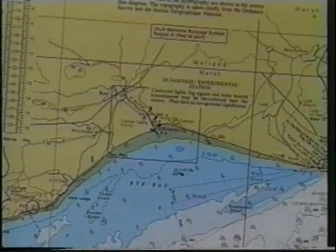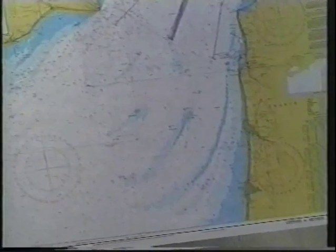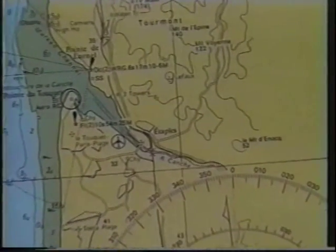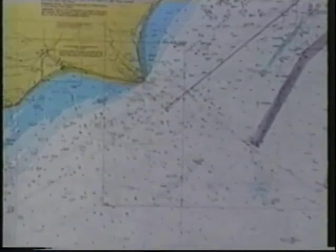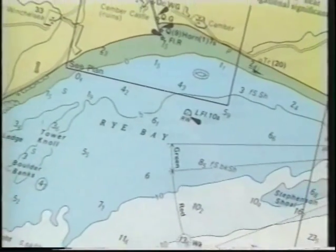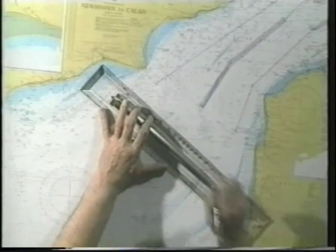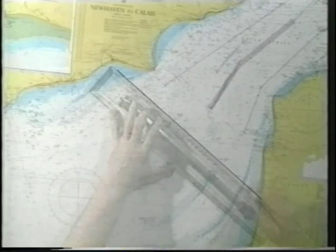Here is Rye, our port of departure. And here is Étaples, our destination. The end of the Rye Channel is marked by Rye Bay Buoy, and we can draw a line joining the position of the buoy to the entrance to the channel of the River Conche. This is the direct ground track, which will present no obstacles to our course, but you'll see that it takes